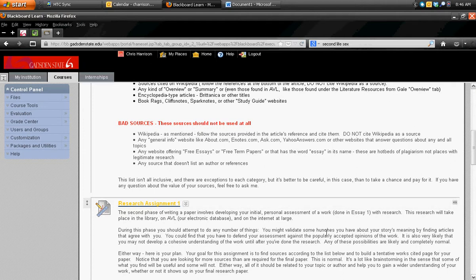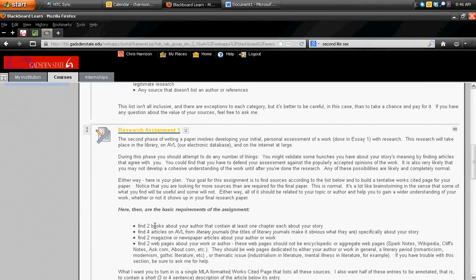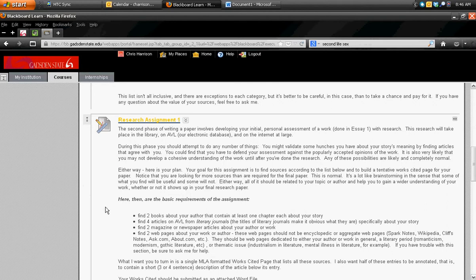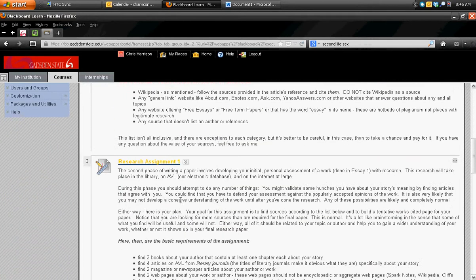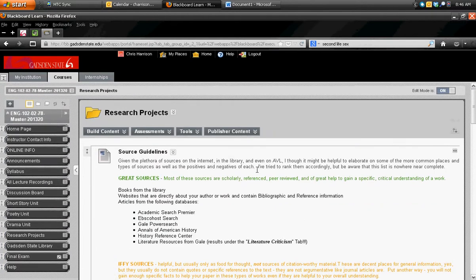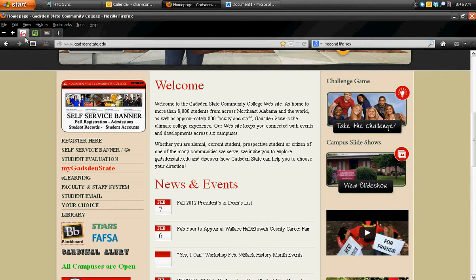So without further ado, let's jump into the library webpage and see what it looks like. If you've used it this semester, or if you haven't used it this semester, you'll notice that it looks completely different than it did before. So there's some new things that we need to look for, and searching won't be exactly the same way as it used to be. By the way, as I mentioned before, all of these have slightly different types of information in them, and that's what this source guide is about. It talks a little more in depth about that sort of thing, what to avoid, what to look for. So anyway, without further ado, let's get into the library webpage.